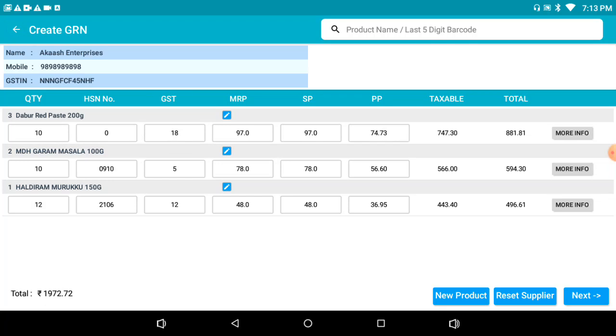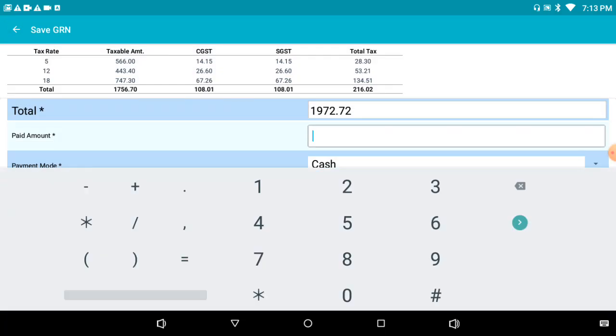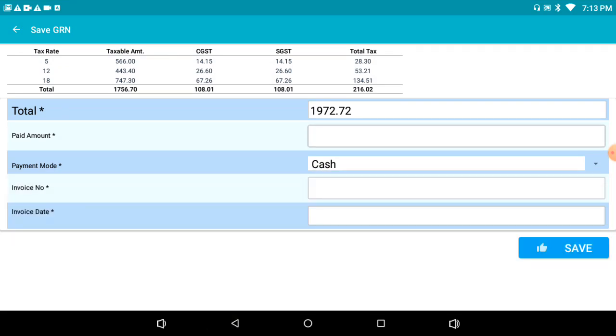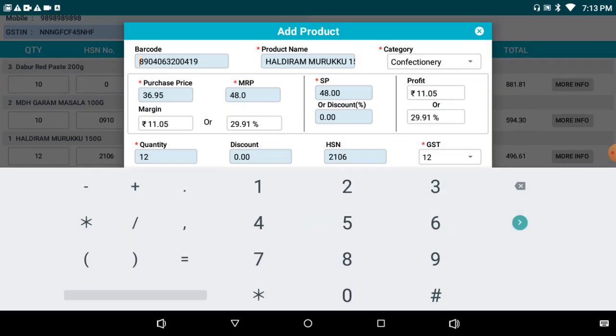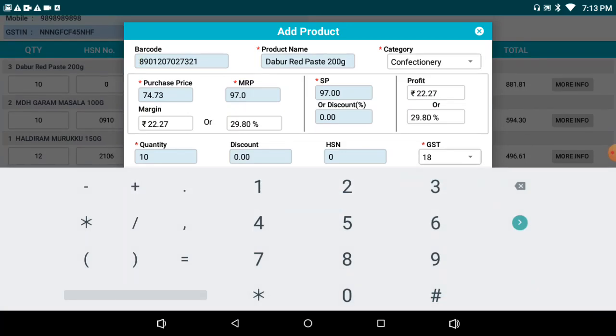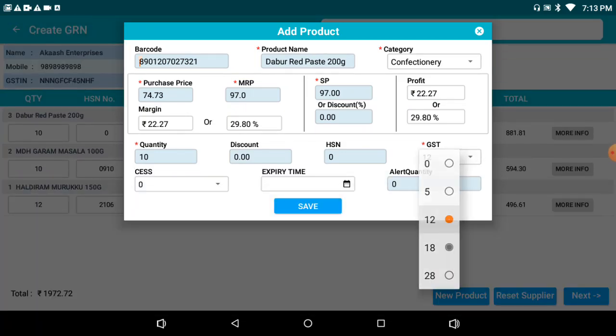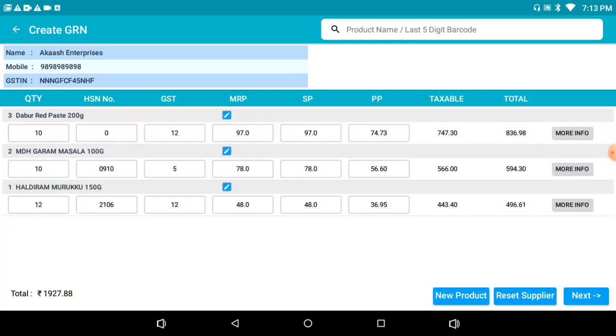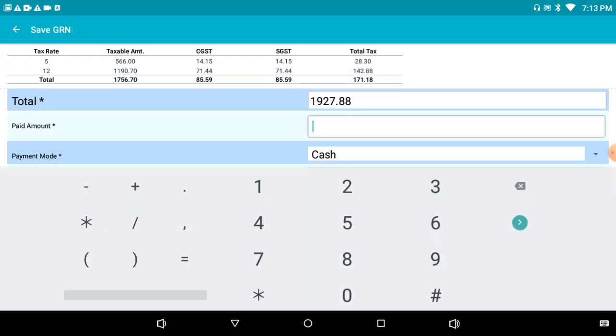We'll click on next. Over here we are seeing that there are 3 GST slabs on our screen: 5%, 12% and 18%. These slabs show you the taxable amount of the items and the GST imposed on each of them. So let's say I want to update the category of this particular product. We are updating this to 12. We are clicking on save. Now when I'm clicking on next, we'll see